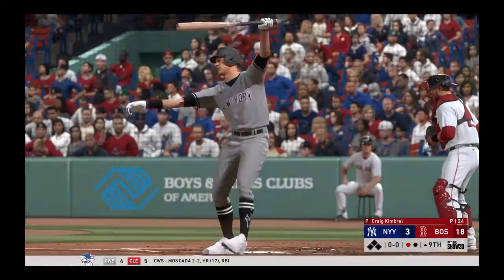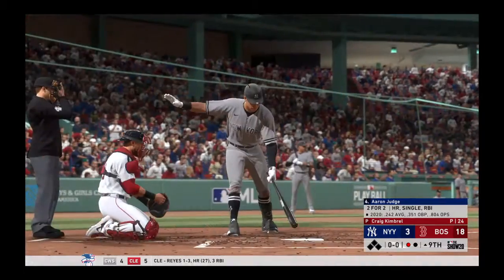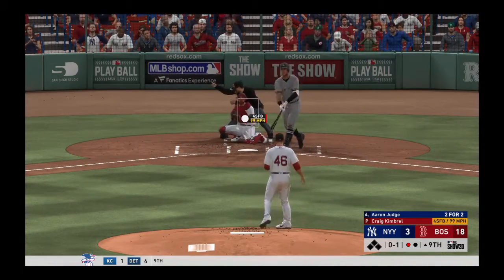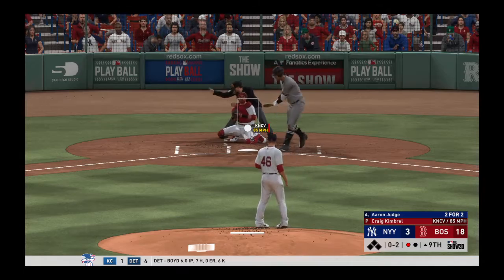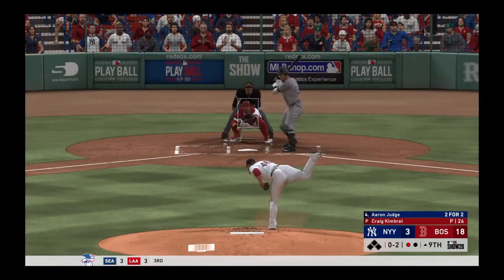And he struck out again. That's the 3rd time he's gone down on strikes in this one. First delivery to him on the way. A little tardy there. No balls and a strike. This at-bat's going to be absolutely epic because now he's mixing it up. He's got a little cat and mouse working, and as an offensive player, you got to step out of the